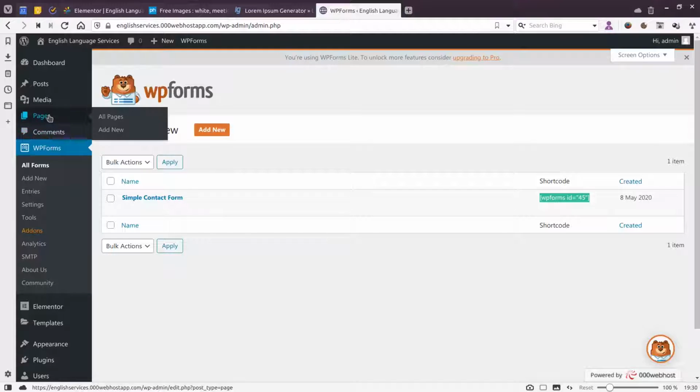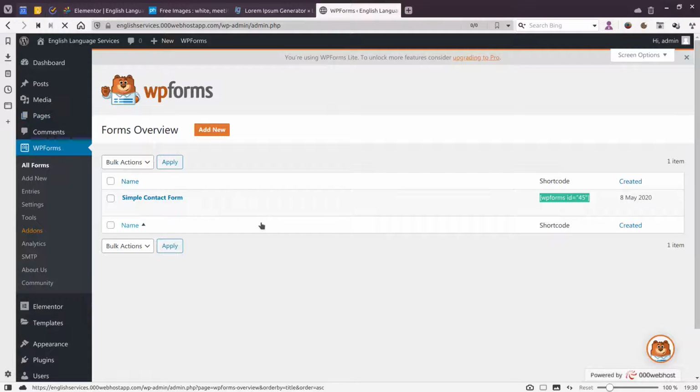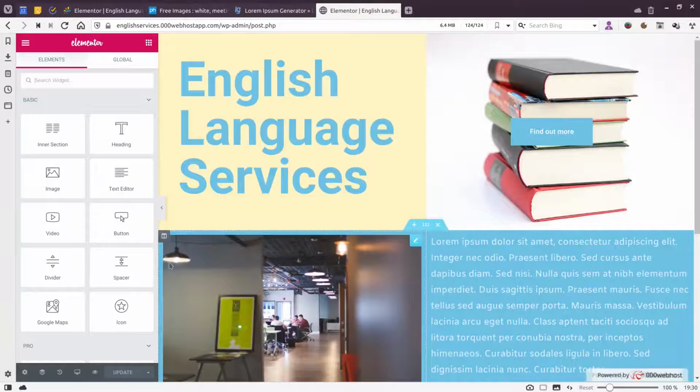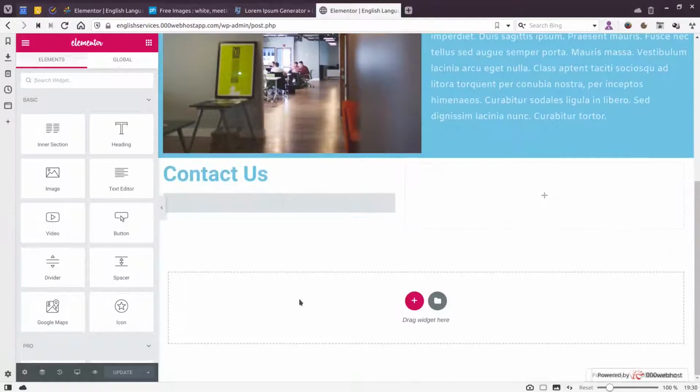And if I go to pages, you can see that I have this newly created page that we've been working on. And it also says Elementor. So it indicates that it's a page created with Elementor. And you can also click here, edit with Elementor. So you can directly go there. So here we are. And now I just need to